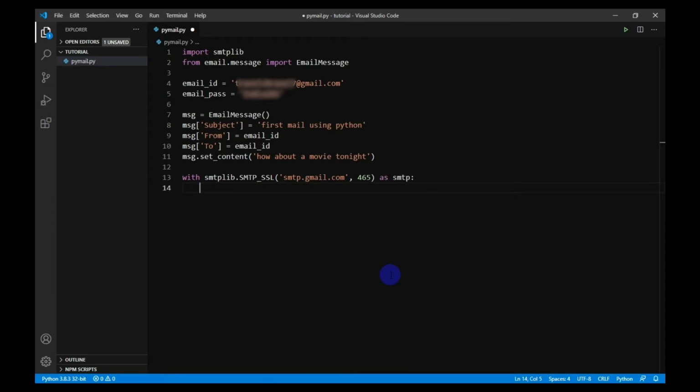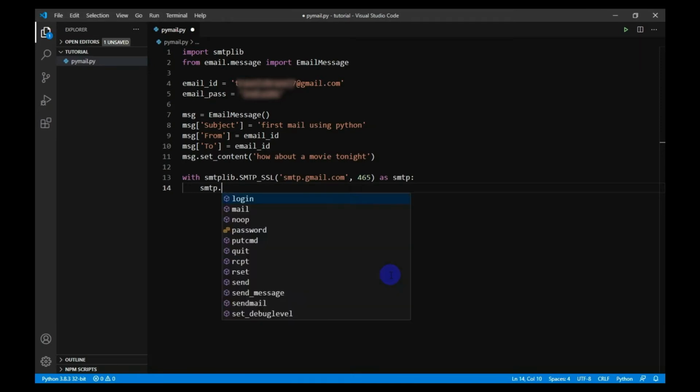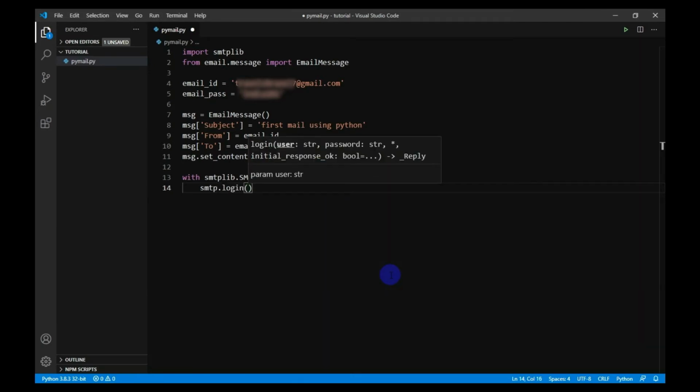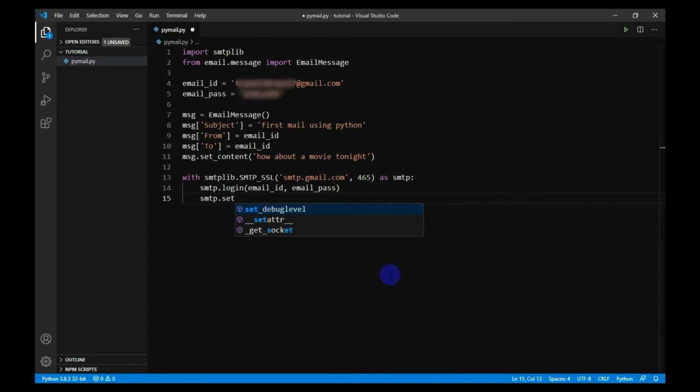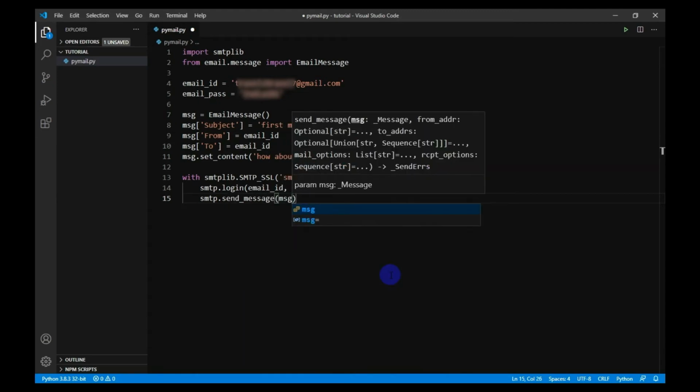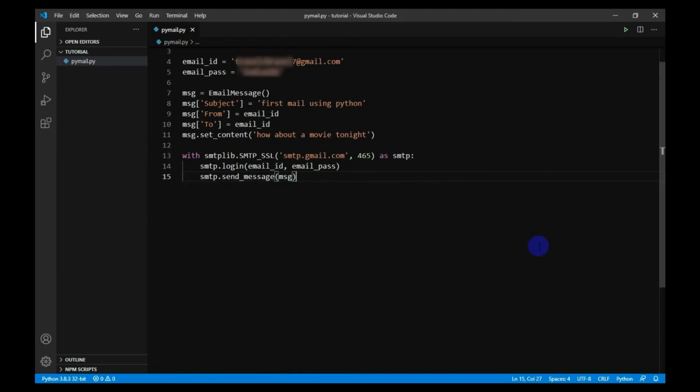Then I will log in using the login method. In this, we need to enter the email address and password. Then I will write the command to send the email. Now let's run this code and send the email.